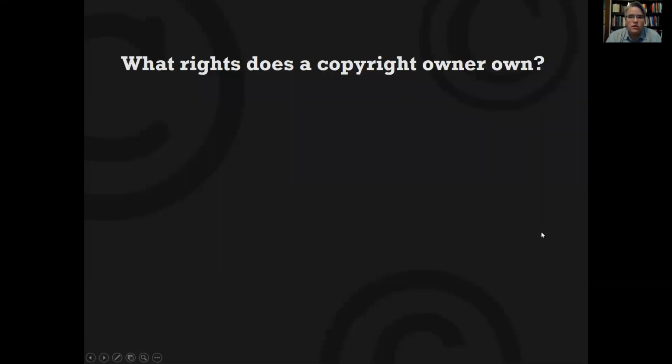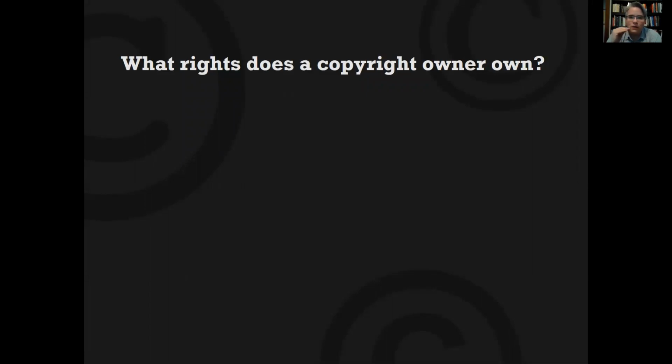Let's move ahead. So this second part of the session, the first part of the session was focusing on things where copyright is just not an issue at all. You don't really have to worry about copyright. So it was things like public domain materials and open license materials. That's the other video. Go look at that one if you're interested in those.